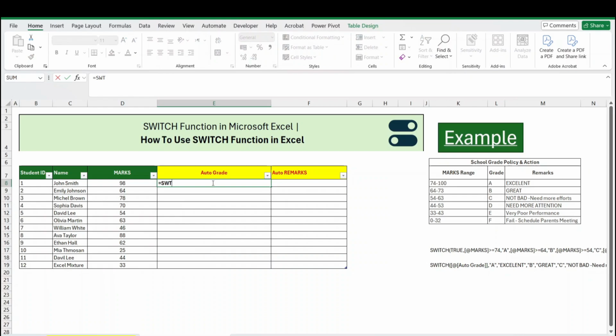So now we will start the formula. Equal, write SWITCH, then the expression, we will write TRUE because of the calculation, then comma, then what is the value 1, our actual marks, we will click on our actual marks, then what is the condition, more than or equal to 74, then our grade A, then comma, second condition, again we will click on our actual marks,